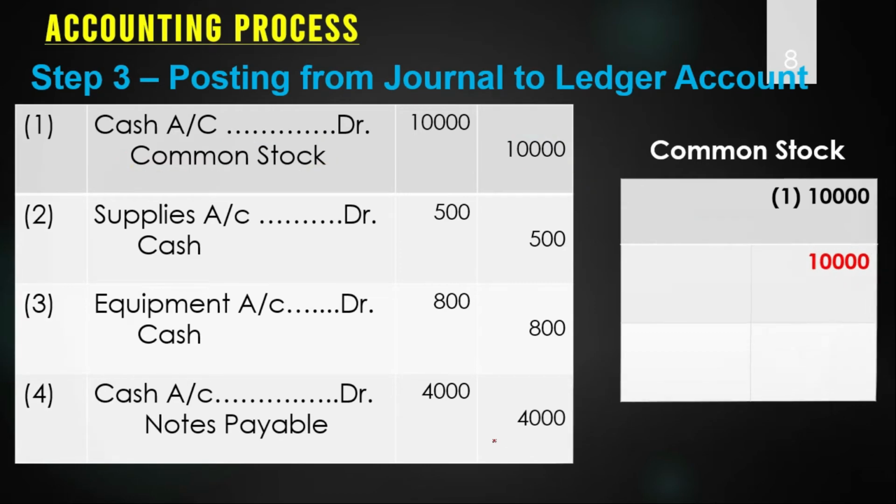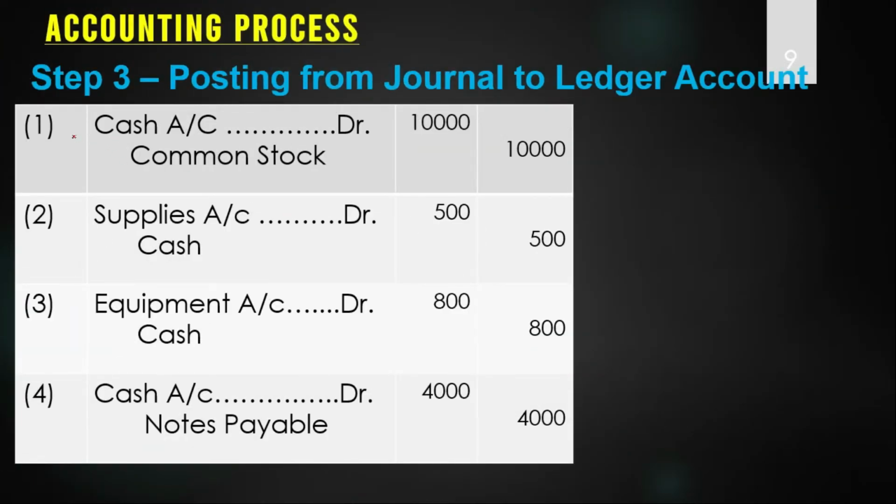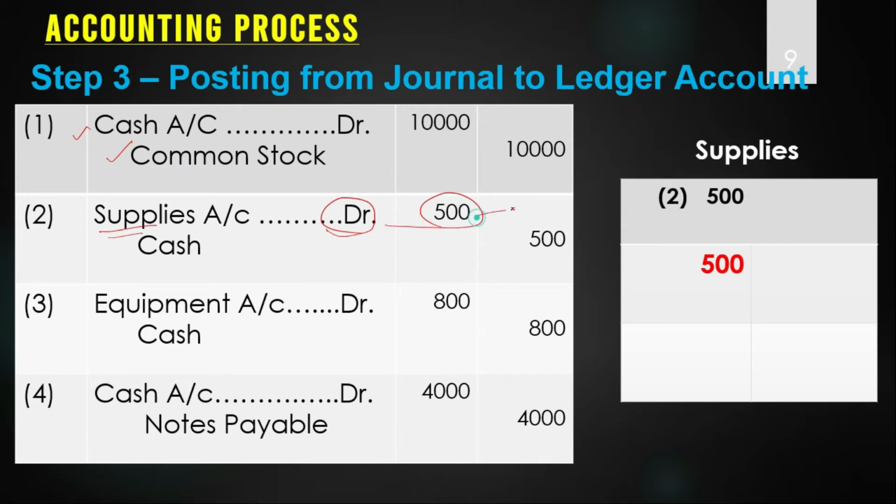Now come to the next. Now cash and common stock are done. The third is supplies. You need to prepare the supplies account. So let us prepare the supplies account. See where the supply is? Supply is debit. So go to the supplies account and post it to the debit side. Then search for supplies in the other transactions. I am searching, but I don't find any other supplies. So the account will be balanced now. The balance will be a debit balance because we don't have any amount on the credit side. So the total of debit is more than credit. It means it will have a debit balance.